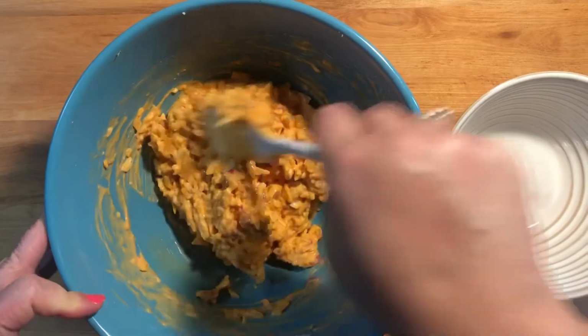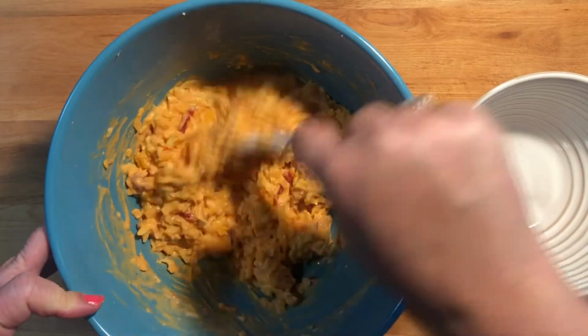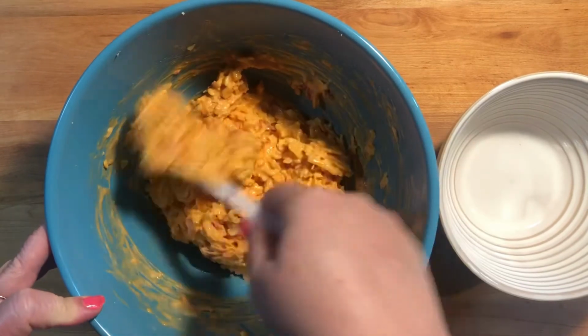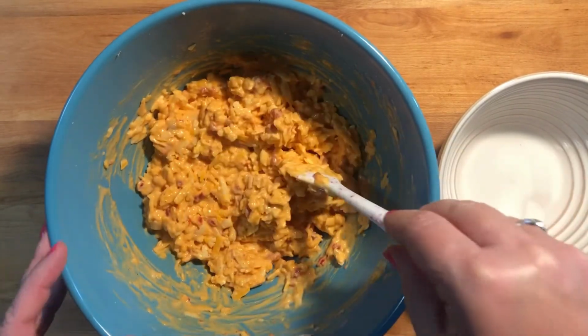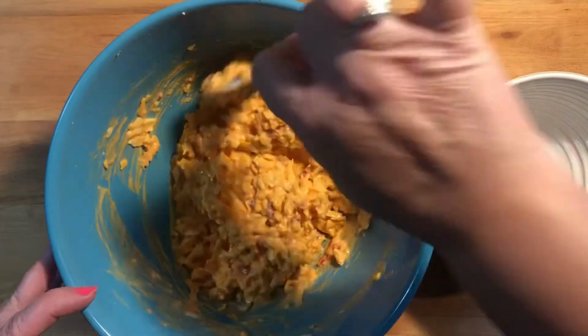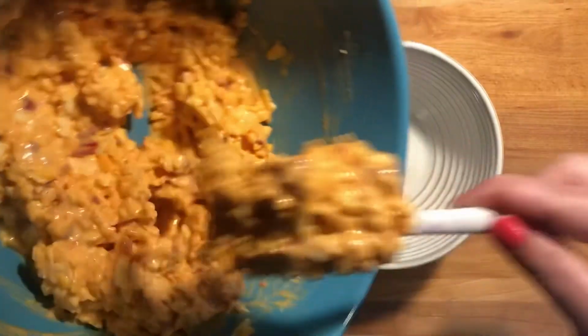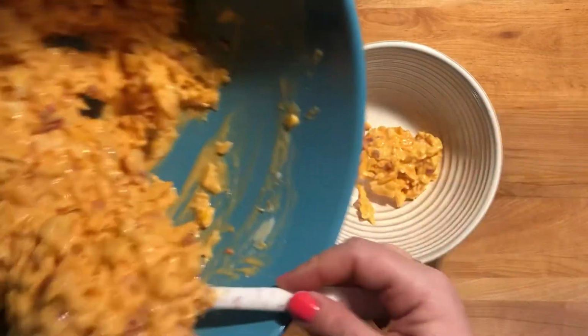Okay, here's what the pimento cheese looks like after it's sat in the fridge for a little while. This was in there for a couple hours. It really will look the best tomorrow, but I just wanted to hurry up and show y'all what it looked like. I'm just gonna put it in my